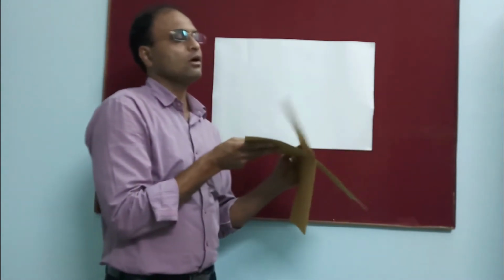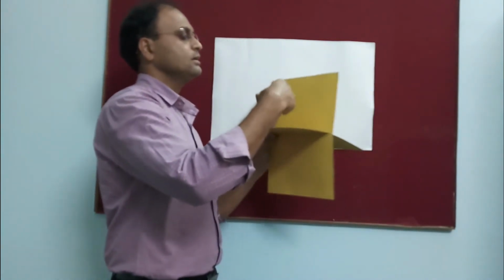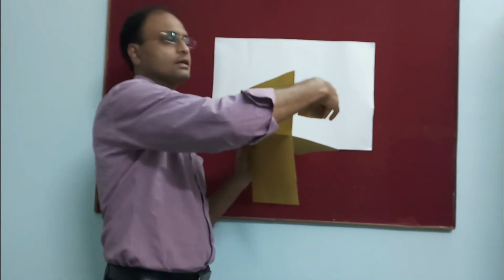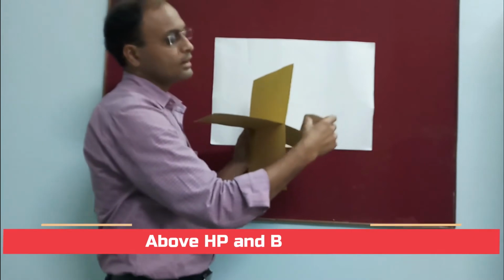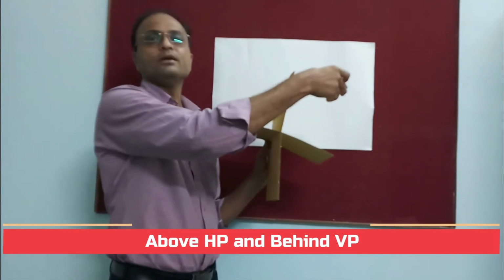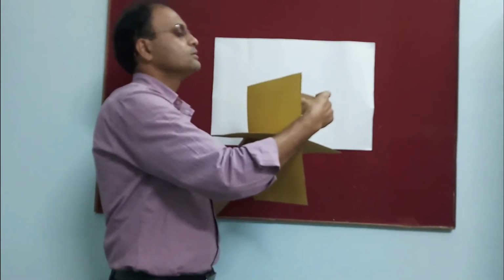Let us think of the second quadrant. I am now keeping the object in the second quadrant. This is the first quadrant, so this is the second quadrant. How do you define the second quadrant? It is again above HP but behind VP. Above HP, behind VP. So now